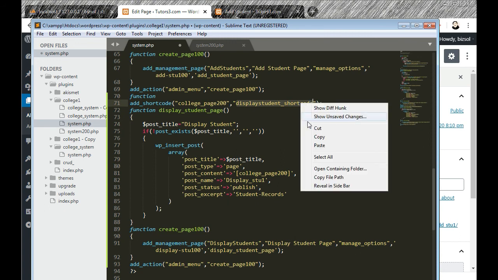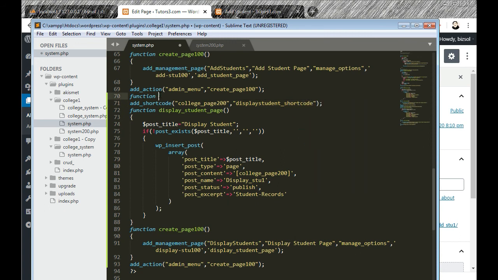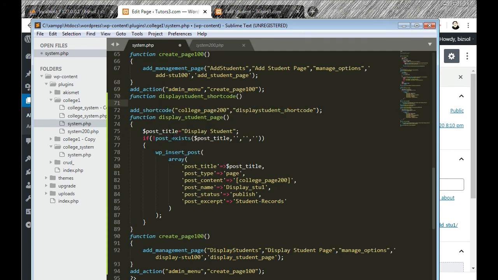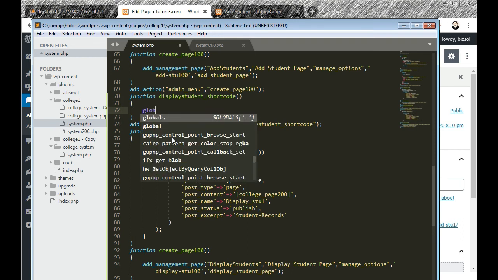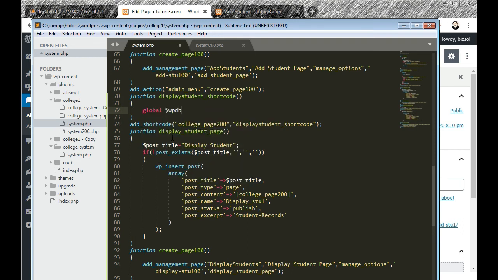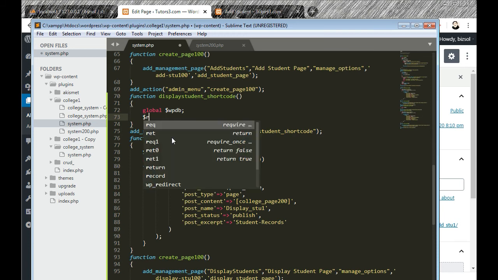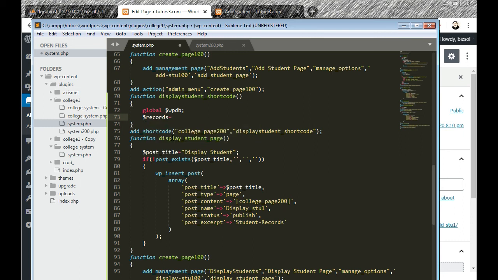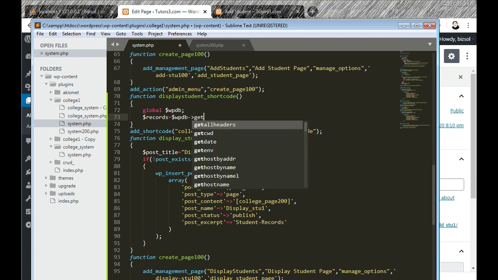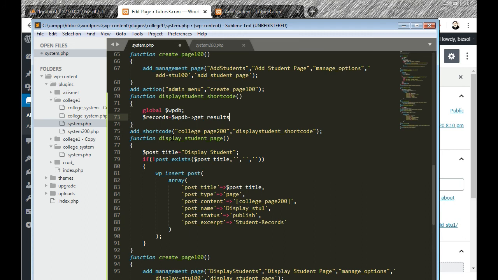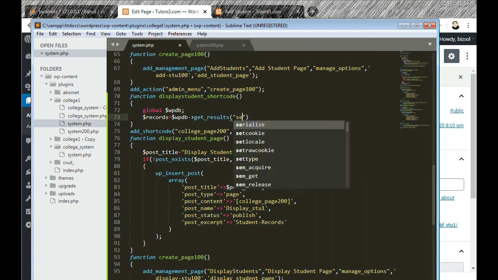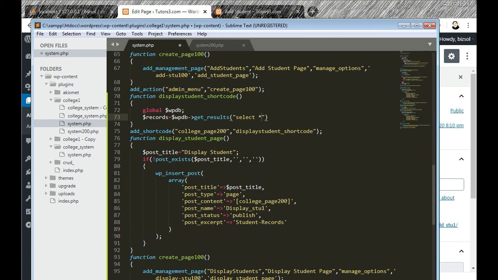This function is display student. Okay, right click, copy, and we paste here, and this is brackets, and we should add this. Now global $wpdb, and we just loop through. $records is equal to $wpdb->get_results, and we should select